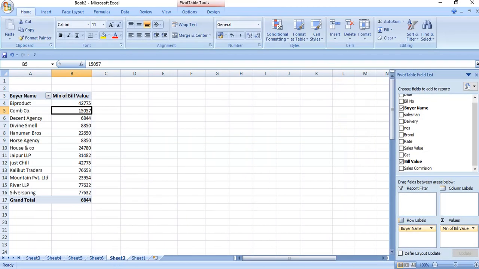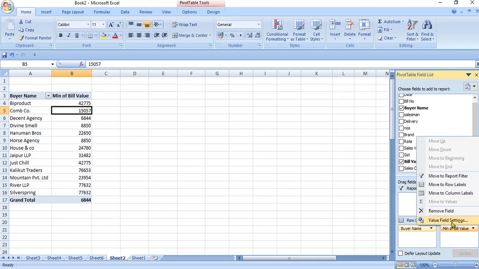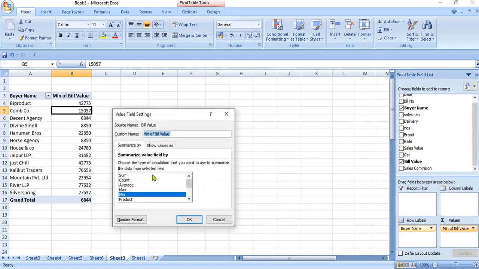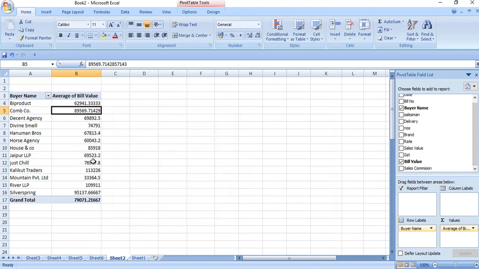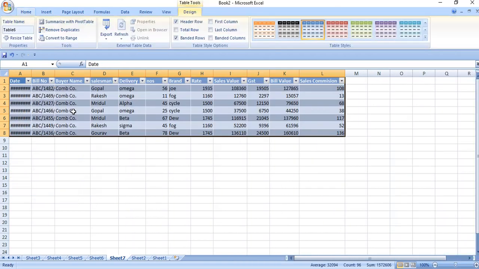In a similar manner, we can find the average. Again, change value field setting, select average. It will give us the average of the bill value. So this is our average value. Again, just look at Comment Company. 89,569 is the average.